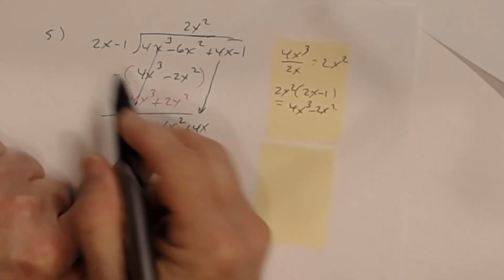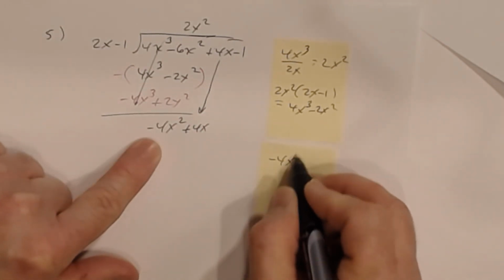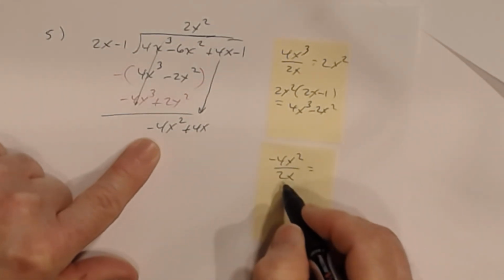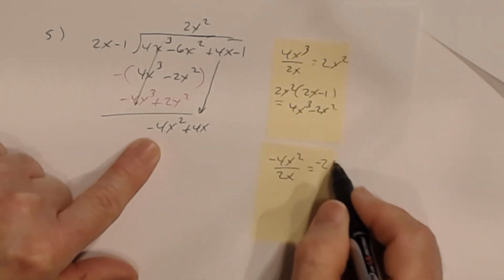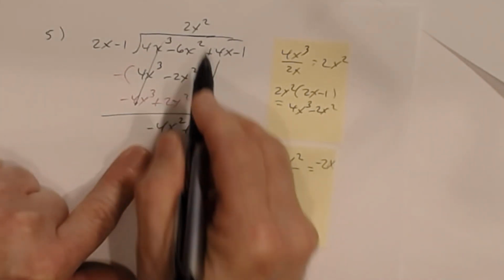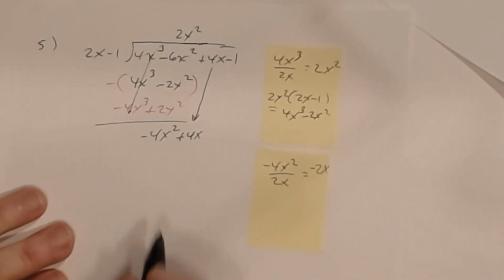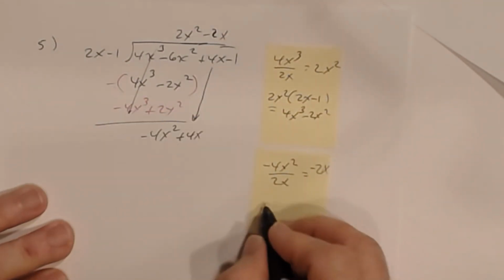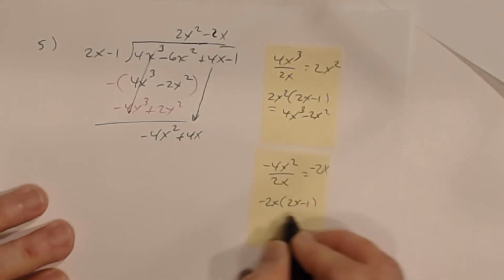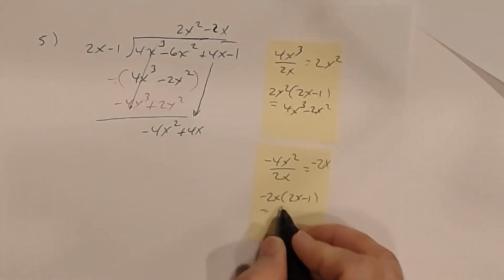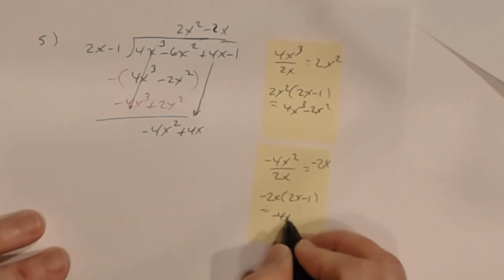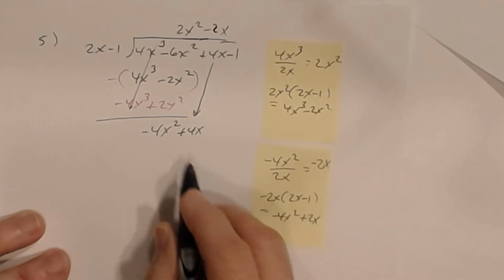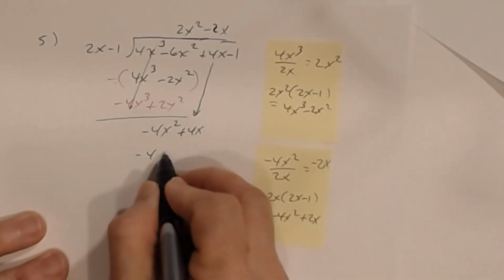So you take the first divided by the first. So negative 4x squared divided by 2x. So notice, always divide by 2x. Negative 4 divided by 2 is a negative 2. X squared divided by x is x. So negative 2x. So that goes in the x column. Now you're going to take negative 2x, multiply by the divisor. And then you distribute. Negative 2x times 2x is a negative 4x squared. Negative 2x times a negative 1 is a positive 2x. That goes here. So negative 4x squared